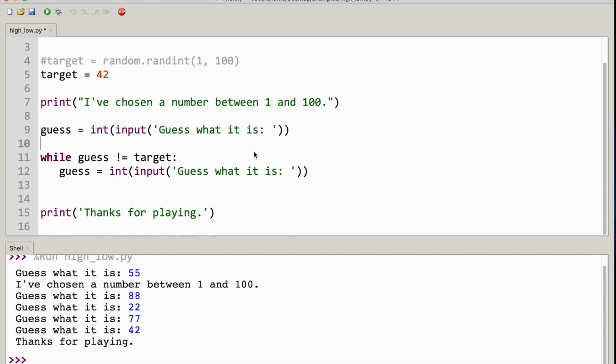And what else could I do here? I'm a little bit bothered by the duplicated effort here, where I'm prompting and reading the first guess versus prompting and reading all the others. Whenever you have duplicate code, you might want to consider that there might be a better way to handle the situation. In this case, perhaps a better way is to simply initialize the guess variable to something that will deliberately